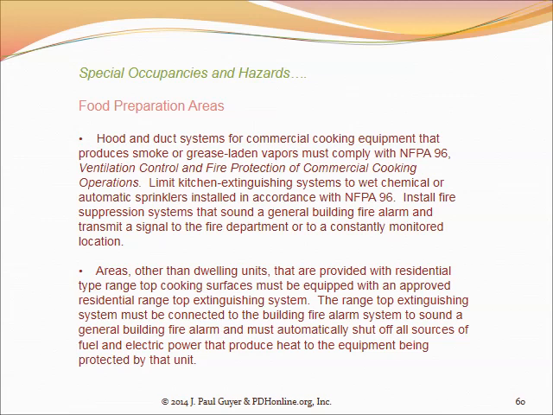And the fire suppression system should sound a general building fire alarm and transmit a signal to the fire department or to a constantly monitored location. Areas other than residential units that are provided with residential type range top cooking surfaces need to be equipped with an approved range top extinguishing system that must be connected to the building alarm system to sound the general alarm, and also to automatically shut off sources of fuel and electric power that produce heat to the equipment being protected